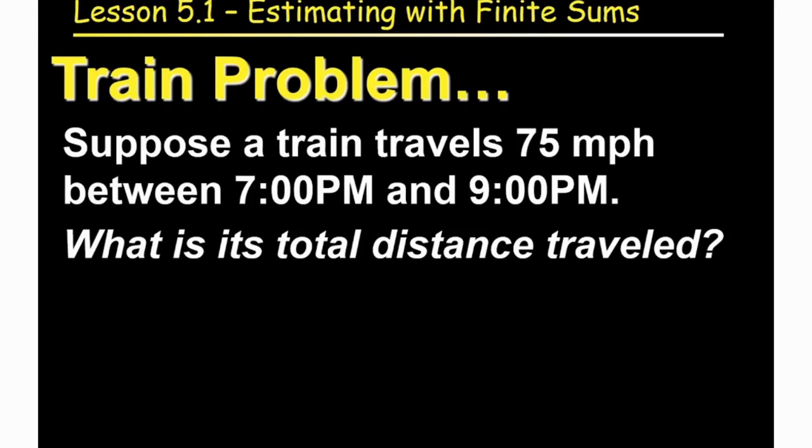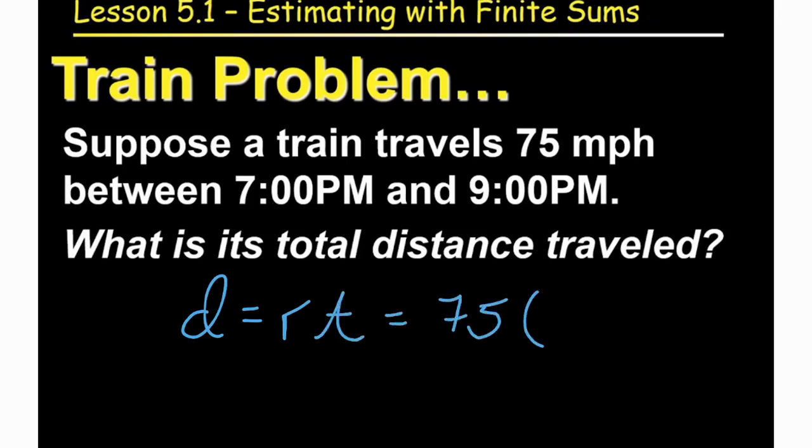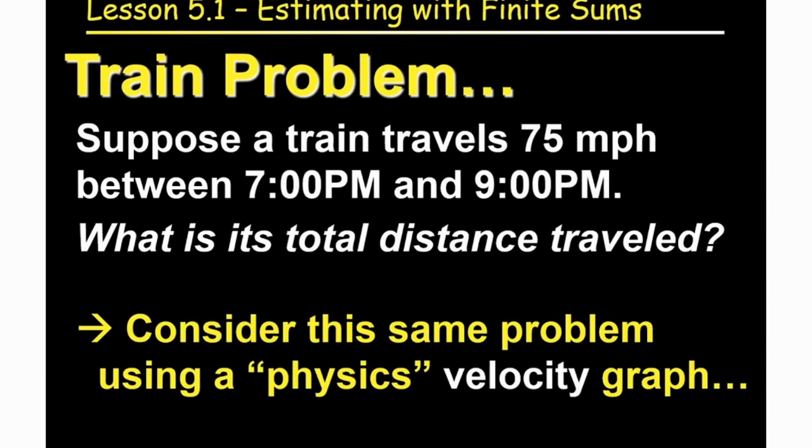Is this just a simple distance equals rate times time? It sure is. We've got a rate, and as long as you interpret 7 o'clock to 9 o'clock as 2 hours, you got a time, and you have a distance traveled. Why am I really putting this problem in front of you? Well, really, it's because I want to consider with you how to approach this same problem using a physics velocity